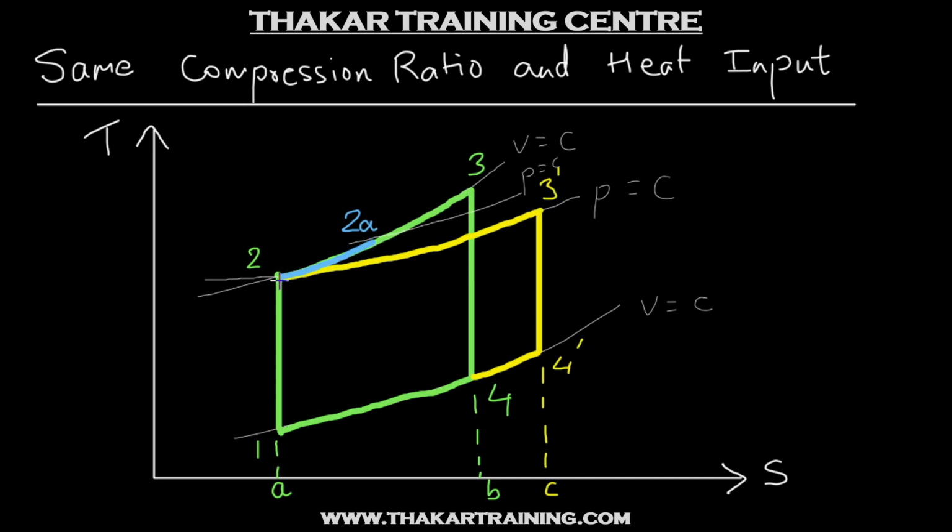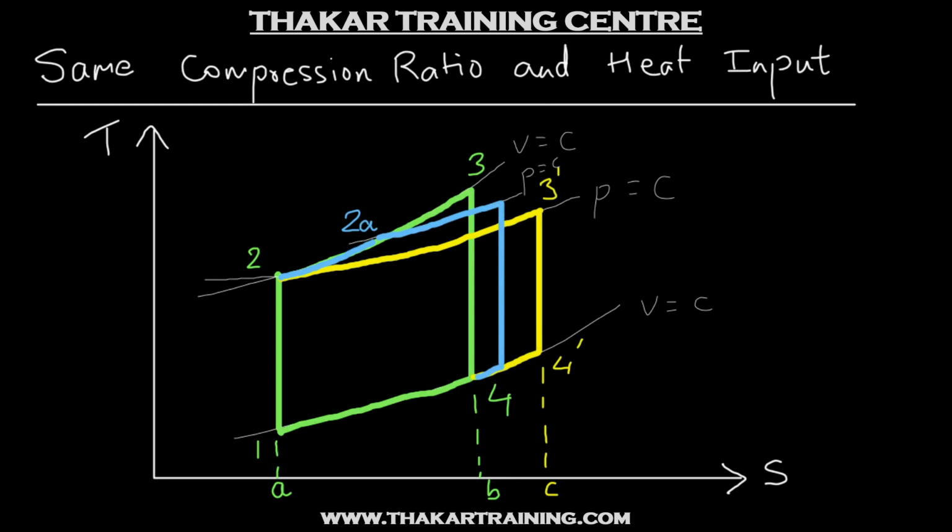So the diesel cycle is following the bottommost line from 3, right? So obviously the dual cycle is going to have this much more. The diesel cycle had to be the farthest, point 3 dash had to be the farthest for the diesel cycle. For the dual cycle, it will be in between 3 and 3 dash. I hope you are following it. So this is the constant pressure part of heat addition, and let's suppose it will come till this point. Then you will have the expansion process and finally the constant volume heat rejection, which will follow along this. So this is how the dual cycle will differ from the Otto cycle.